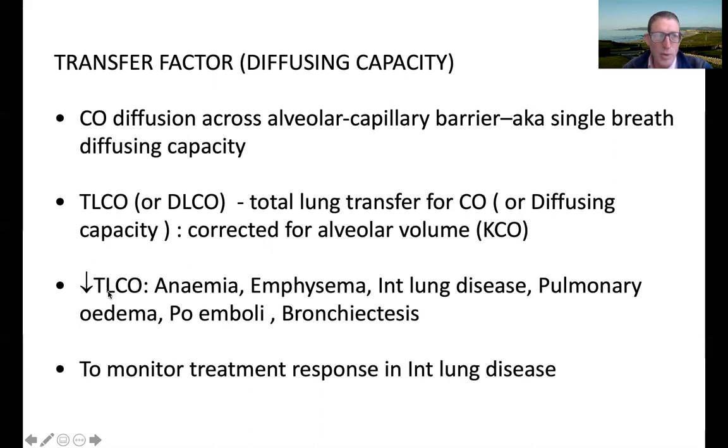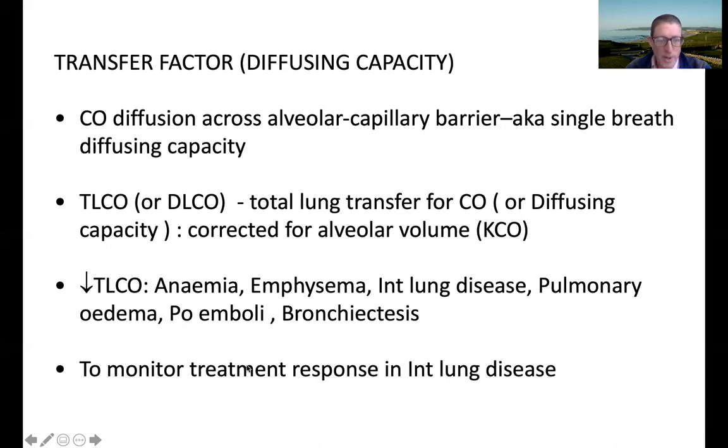The TLCO, or the single breath diffusion, is reduced if you've not got enough red blood cells carrying the carbon monoxide, if you've got no alveoli, if you've got disease in the alveolar arteriolar barrier, interstitial lung disease like idiopathic pulmonary fibrosis, if you've got fluid from left ventricular failure, pulmonary edema, if you've got obstruction to the blood vessels or the pulmonary arteries, pulmonary emboli, and apparently if you've got bronchiectasis it can be reduced as well, so the